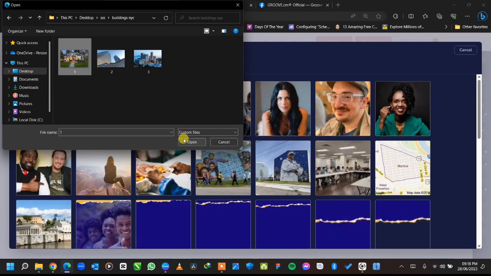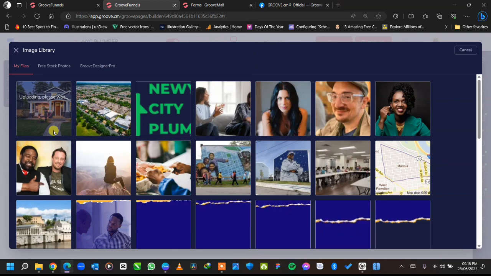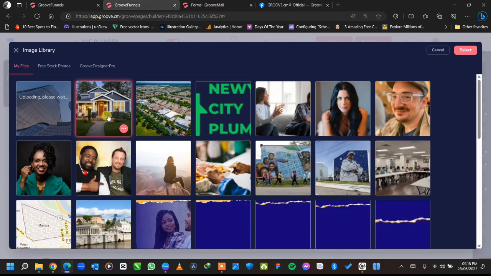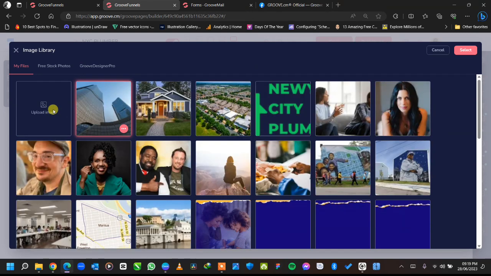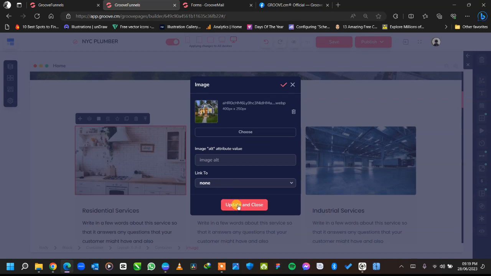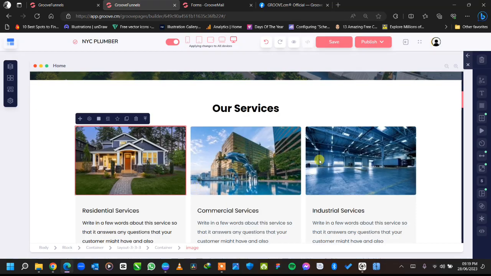So I can't do a bulk upload yet in Groove, and I don't know why yet. So I'm just gonna upload each of them. So the first one is for residential, second one is for commercial, the third one is for industrial. So select this, update and close,